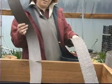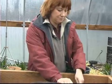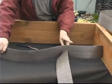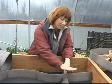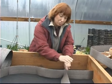Once I have 2 pieces together, all I have to do is slide one over the other and lay it in my grid. And I've got a 12 inch by 12 inch section. And once we have the soil in here, we can set this right into the soil, and then it won't fall over and it'll stay very